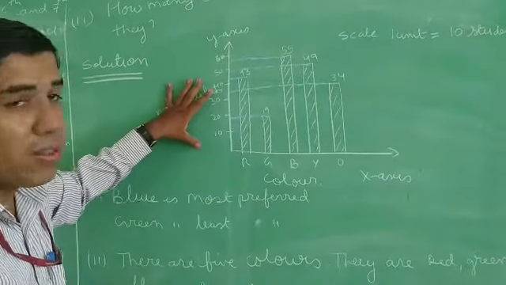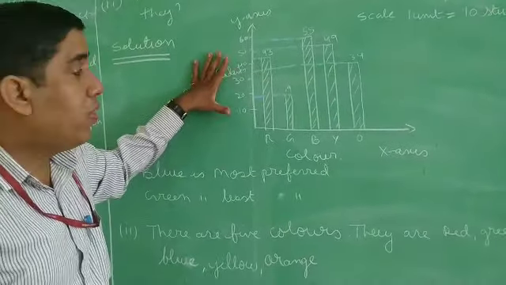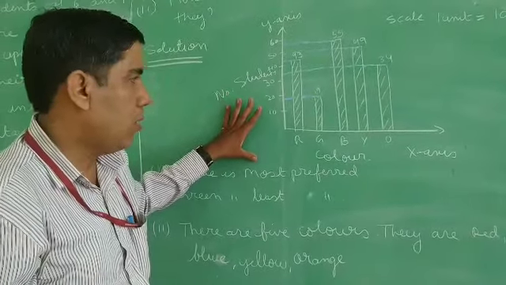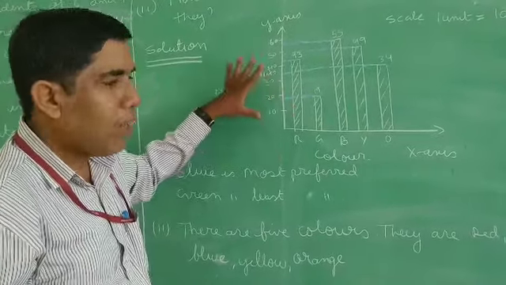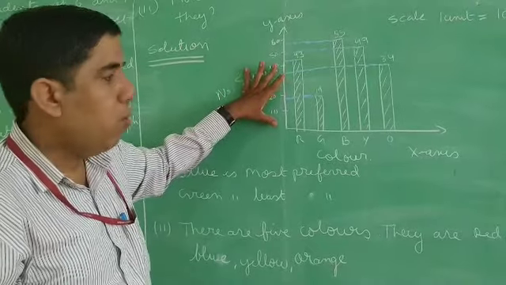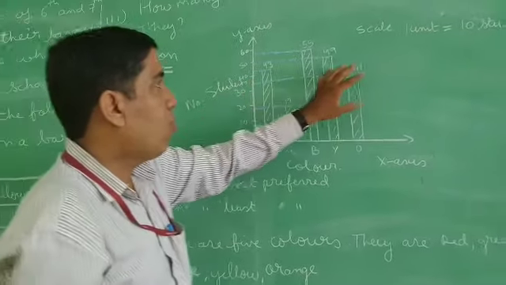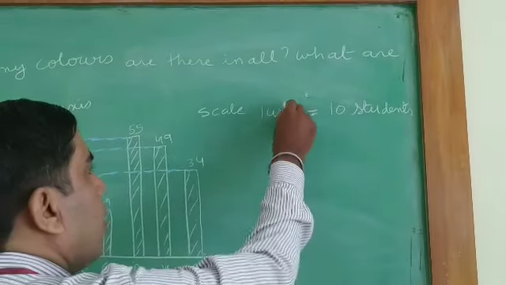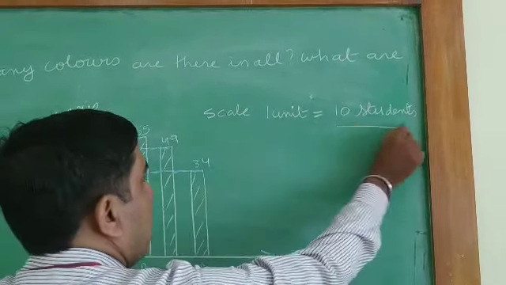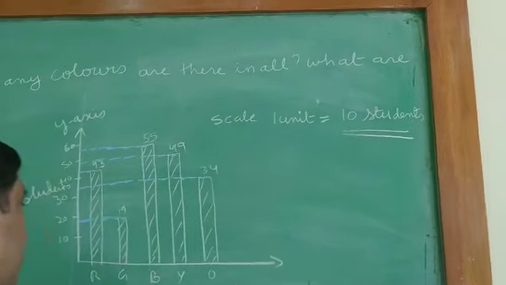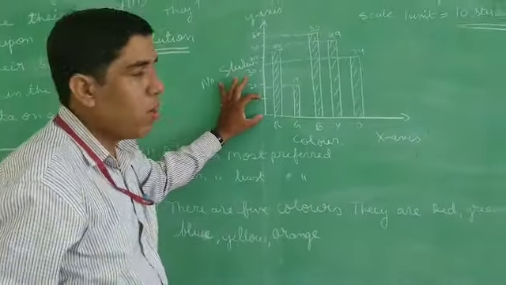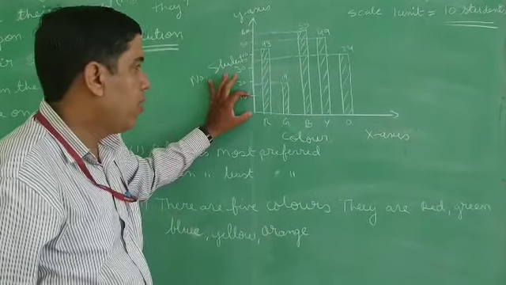Now this is the main thing in the graph. If this graph is right, you will be able to give the right answer for all the questions. So be careful, take time and draw the graph. Don't be in a hurry. And this is also important: 1 unit is equal to how much have I taken? I have taken 10 students. So here 1 centimeter is 1 unit, which means 1 centimeter is 10 students.